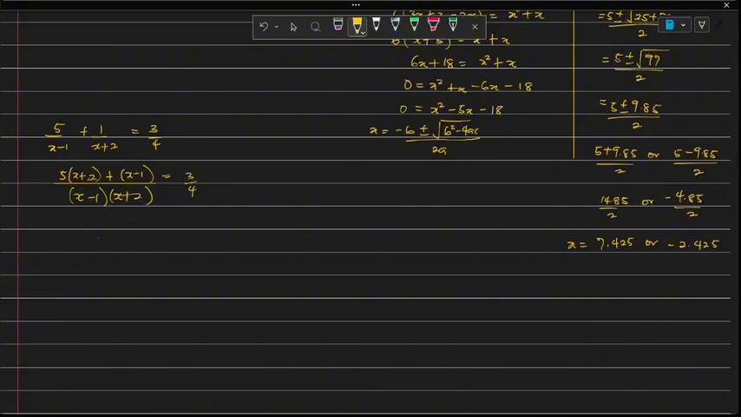Let's simplify by opening the bracket. So I'm going to have 5x plus 10. How did I get it? 5 multiplied by x, 5x. 5 multiplied by 2, 10. We could open the bracket with 1. 1 times x is x. 1 times negative 1 is negative 1. Over,